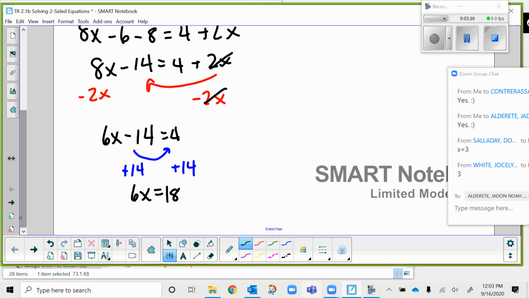And now that my variable is isolated, I have one more step. Now I need to, it's still got a times 6. So I need to undo that. The inverse of multiplying by 6 is dividing. And so the 6's cancel on the left. And then on the right, I have 18 divided by 6, which is